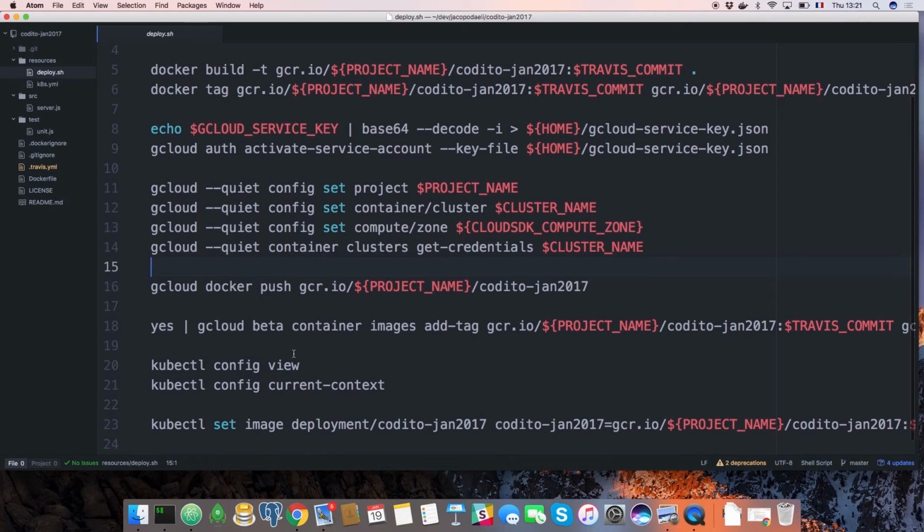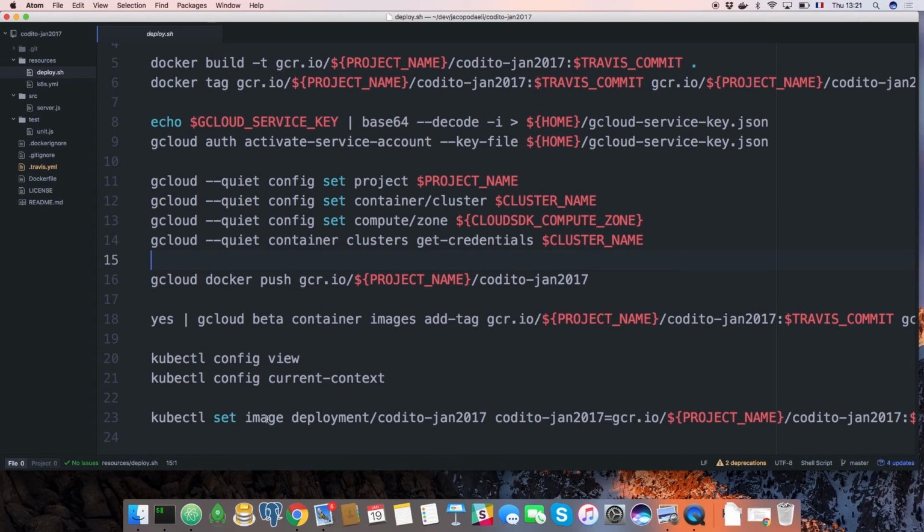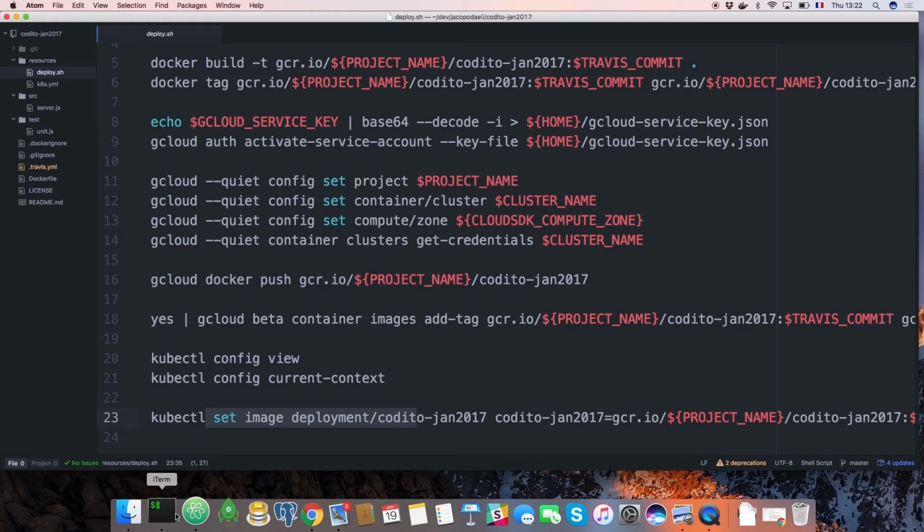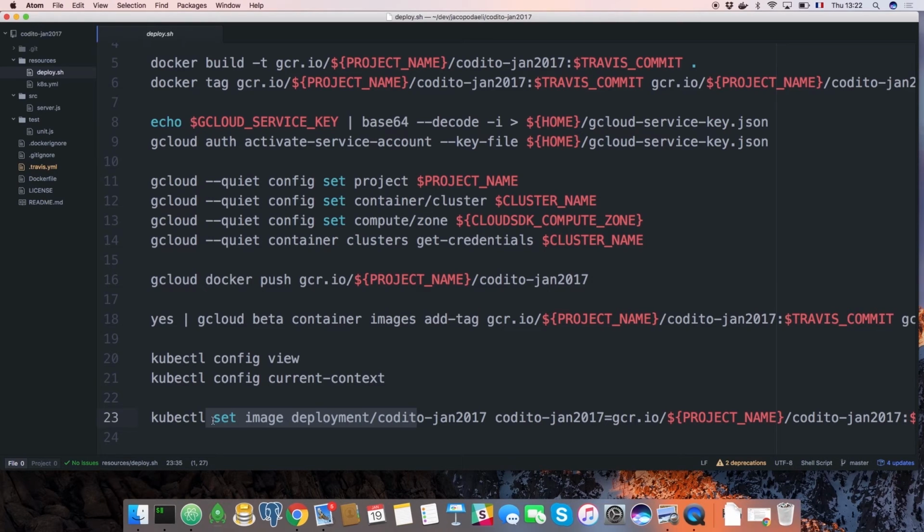And finally, basically update the deployment image for the deployment that we created before. And once you have this set up, the only thing you need to do, because it took me a really long while one time to understand why my script wasn't working, is that I forgot to give this script